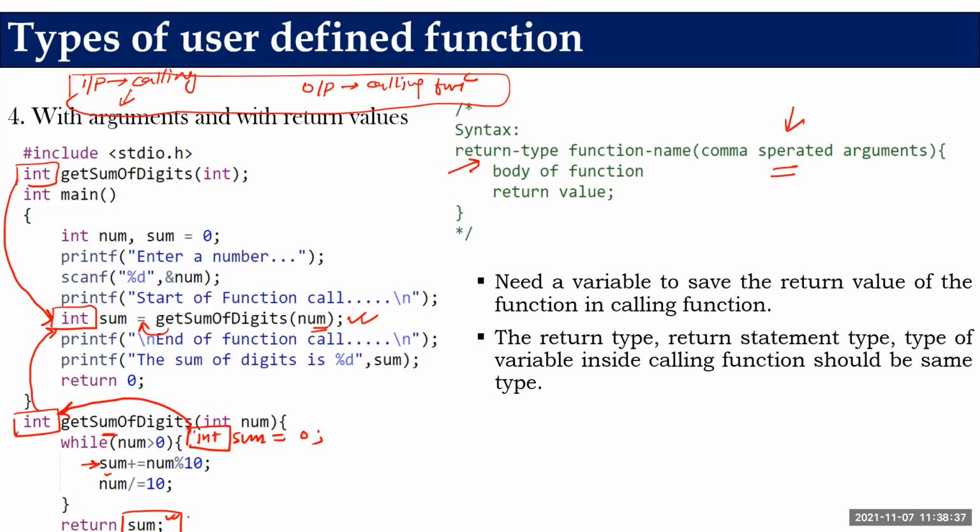So now we are returning a value, sum. What type of value? Integer. So I need something which can hold the return value. So the assignment operator is used while calling the function, and the value is going to be saved into sum, and we are going to print it out from the main method. So here input is taken care of by the main and output is also taken care of by the main. So output will be taken care of by the main only when you return something.